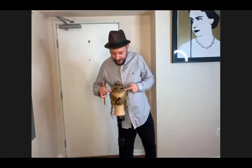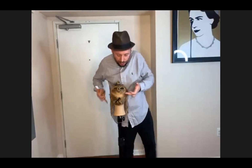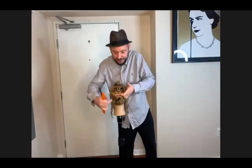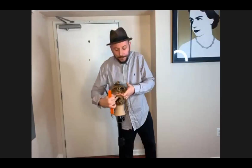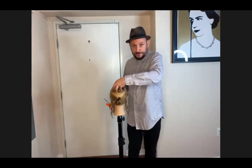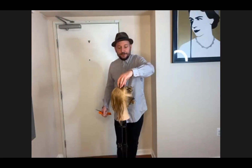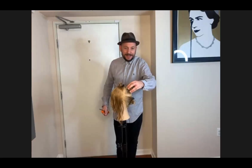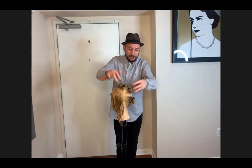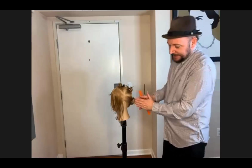So it's going from the radial, and then you're just working more of a curvature section underneath the crown, above the occipital bone. So think about a real client: you feel where the O bone is, and you'd be above the bone. And then you clip out the crown, okay? So what you've got there is a section through the front, a section through the back, clipped out the way, and then what I've done to make it look tidy on camera, I've just clipped out the nape as well,